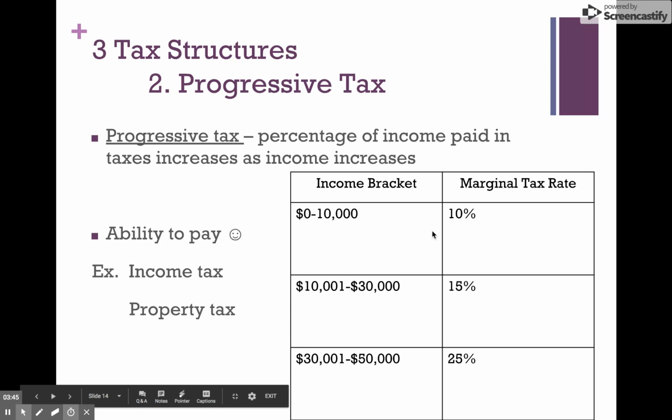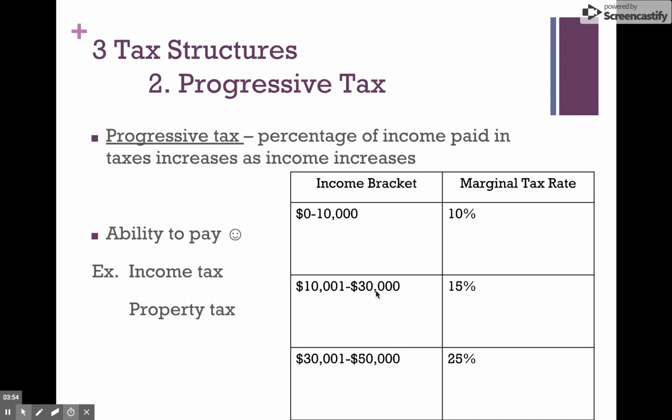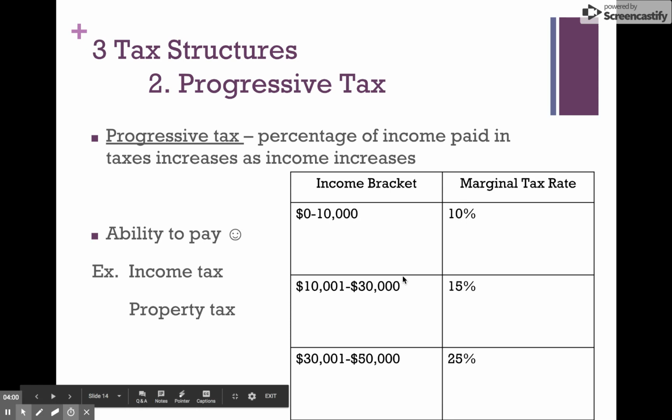Quick misconception here. It's not, if you make $50,000, you're taxed at 25%. You pay your first $10,000 taxed at 10%. The next $29,999 is taxed at 15%. And then anything over that $30,000 is taxed at 25%. So that's progressive. You pay at each level. The state of Hawaii has 13, the state of Minnesota has 3, Florida has 0.